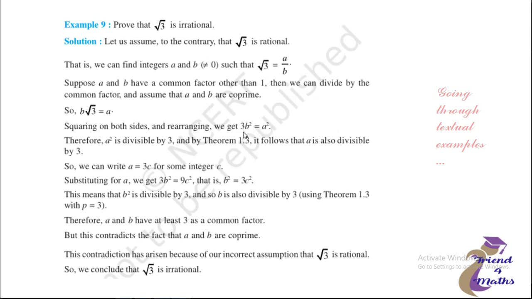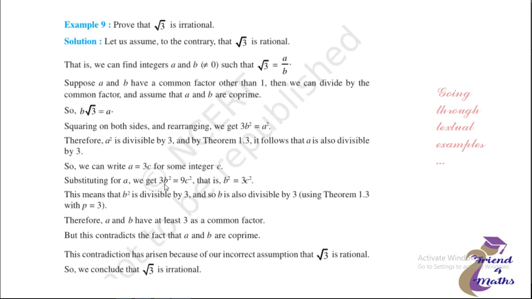And look at this, what we can get: 3 divides a square, and if 3 divides a square, 3 divides a also, from the first theorem. Okay, if 3 divides a, that means 3 is a factor of a, and a is a multiple of 3, isn't it? So we are taking a is equal to 3c, c some integer, and substituting this value of a in this